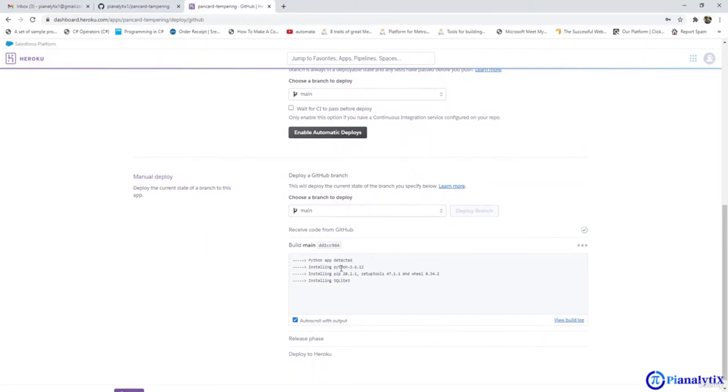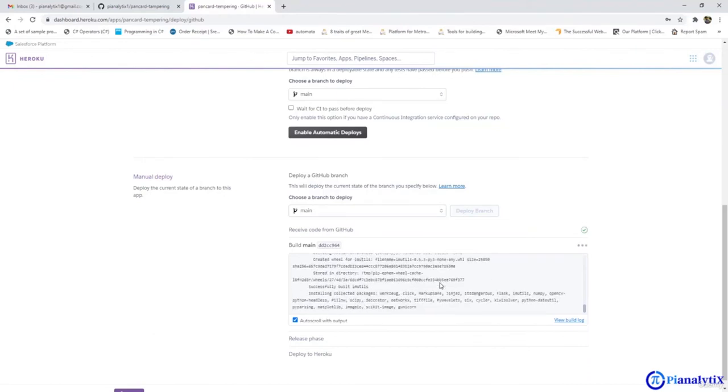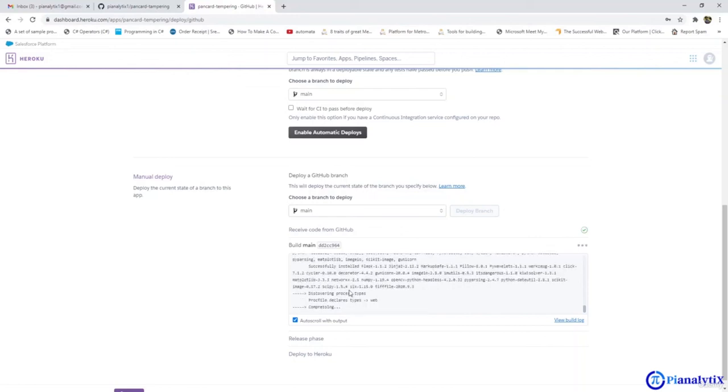like it will install Python, it will install pip, all the setup tools and all the required libraries that we have passed in the requirements file. That is why the requirements file is the most important file. Similarly, for this to understand that this is a Python app, the Procfile is also very important. So currently it is installing all the collected packages. It has installed all the packages and now it is compressing our project and converting it into an app.